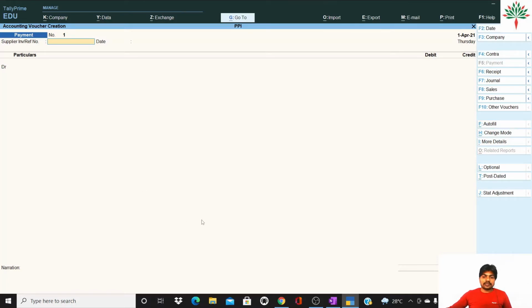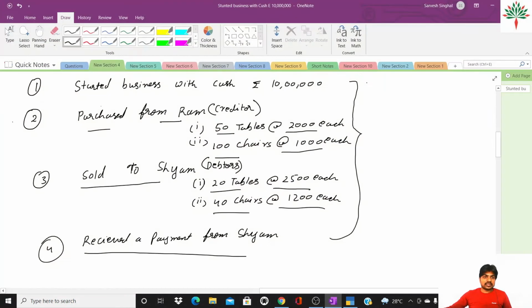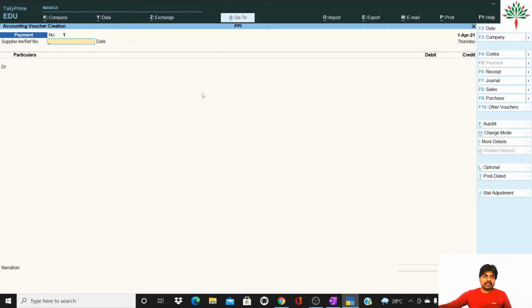In our first transaction, that is, started business with cash rupees 10 lakh, what will be the entry of this? The entry of this will be cash account debit to capital account, right? Now how will you enter it here?